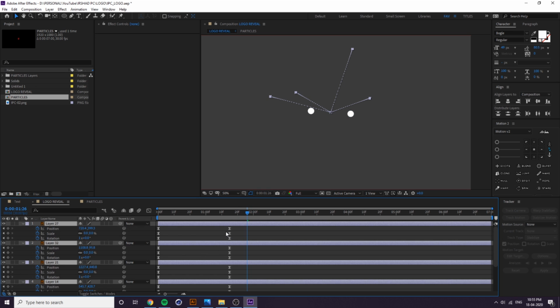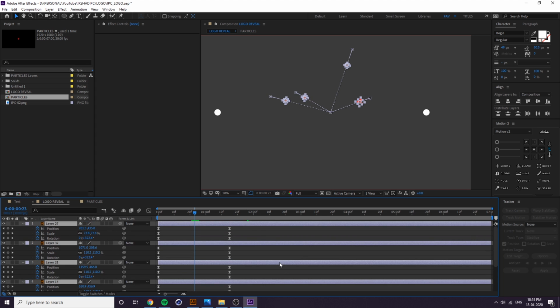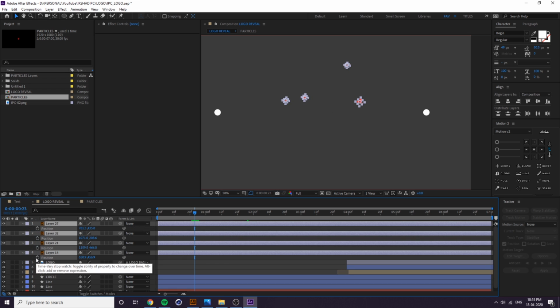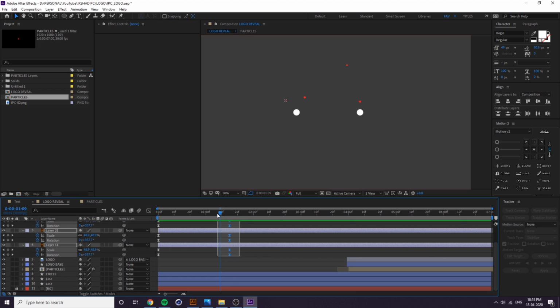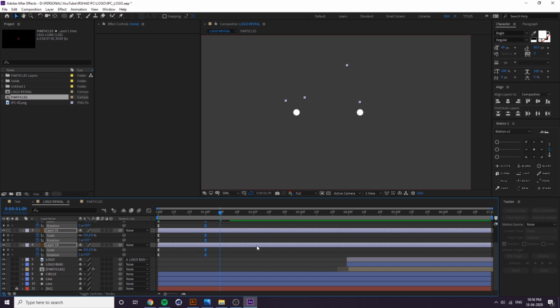paste and see, you can remove. I think no need to remove, Ctrl Z, because we have to add the position, scale, everything will be here only, so just remove the position values only. I think that also is not necessary. Yeah, anyway, just change the position value only, and